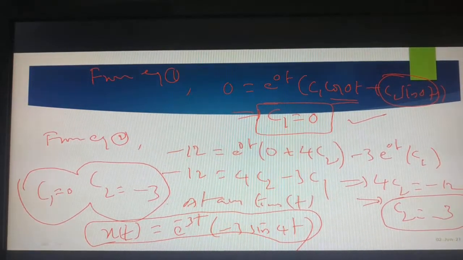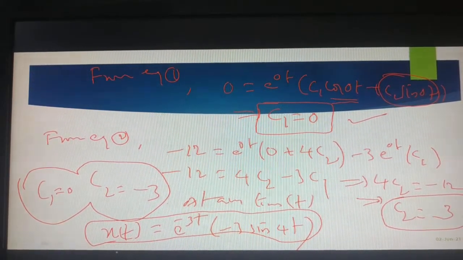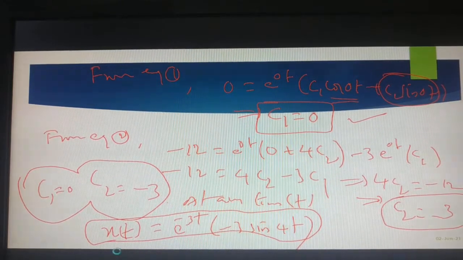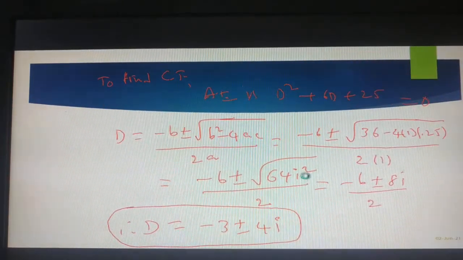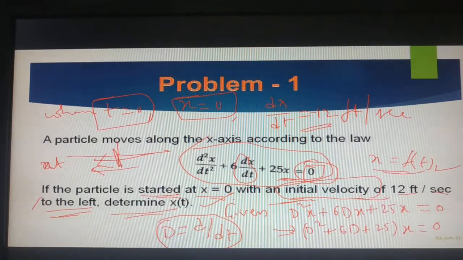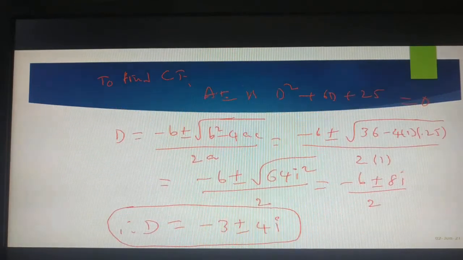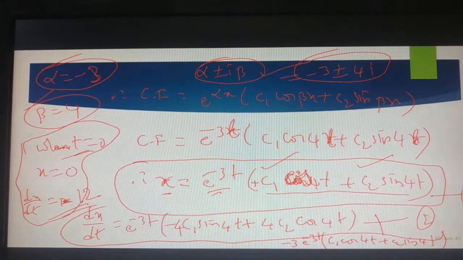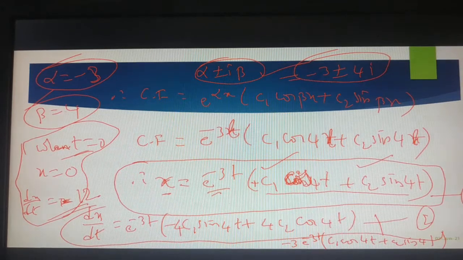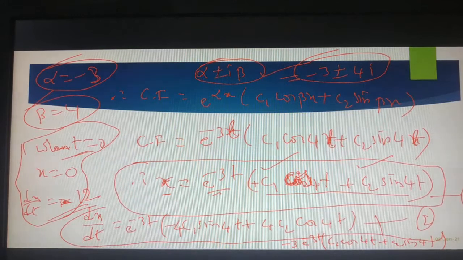So again, please go through that one more time if you have not understood. Be careful, it is very simple. Actually, what we discussed in this is a differential equation having some initial conditions. First you solve the differential equation. It's a homogeneous equation, so directly we get the roots. Once we got the roots, then we write only the complementary function. We got complex roots, so the complementary function is in this form: e power alpha x, c1 cos beta x plus c2 sin beta x.